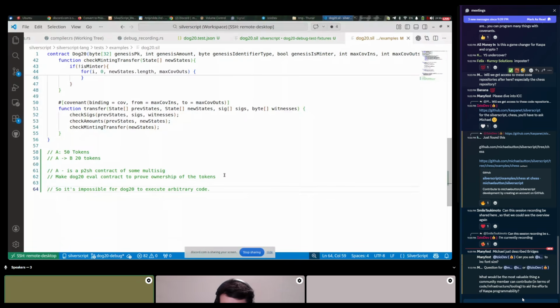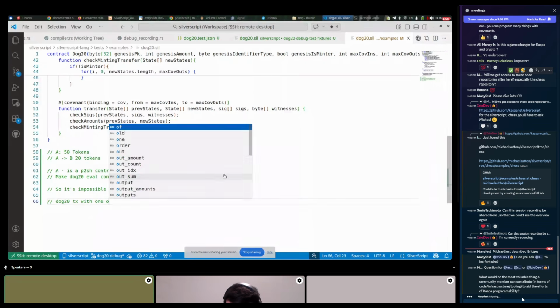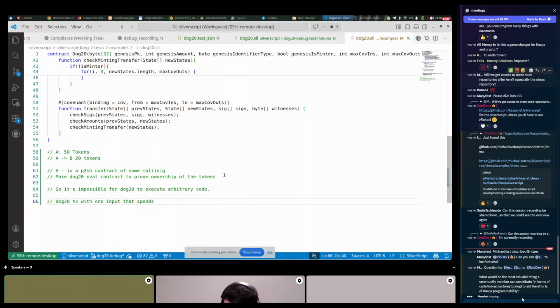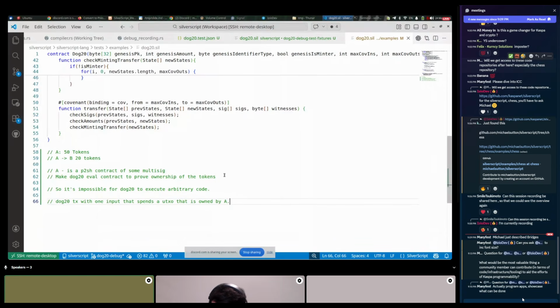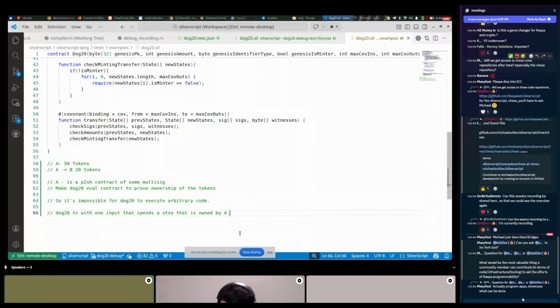The way we are doing it is by making a doc20 transaction with one input that spends a UTXO that is owned by A. If the transaction has an input that spends a UTXO that belongs to A, this is a proof that A is aware of this transaction and authorizes it.